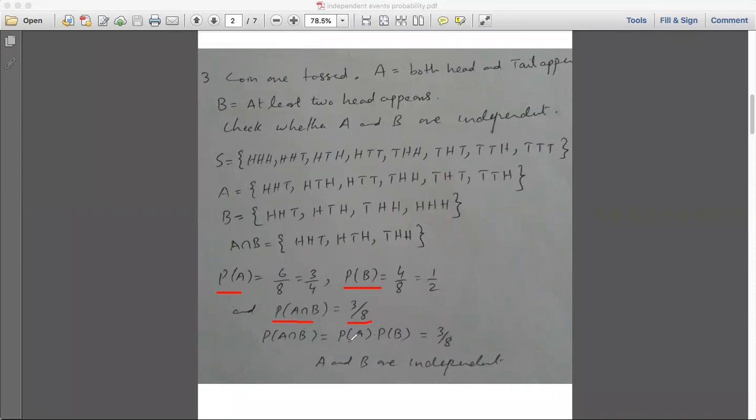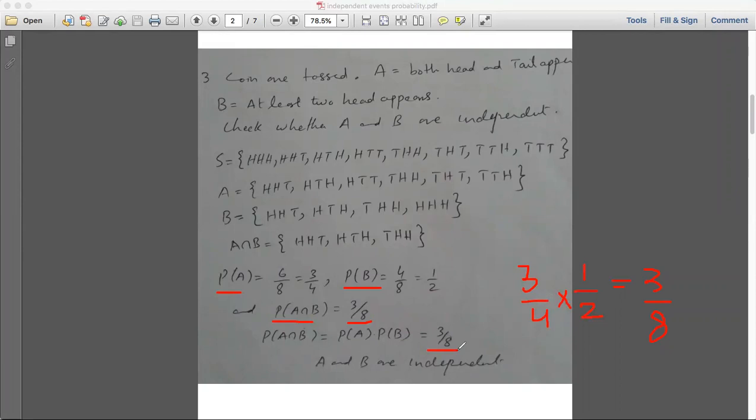Okay, now we will check on right hand side. So what is probability of A? It is 3 by 4. Probability of A is 3 by 4, multiply probability of B, that is 1 by 2. इसको multiply जब आप करेंगे तो ये भी किसके इक्वल आ रहा है? You can see it very easily. This is 3 by 8. This is also 3 by 8, as you can see here.